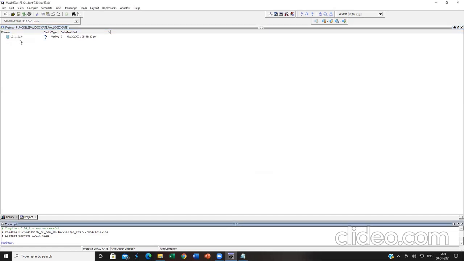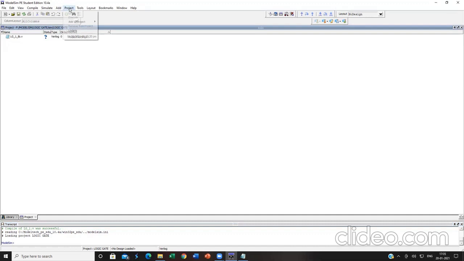This test bench file cannot run on its own, so it has to be linked with the original RTL file. Don't select add over here. Select the project button in this toolbar.